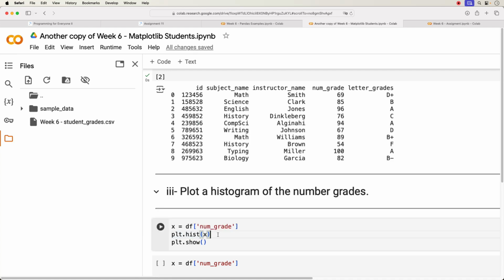Histogram expects some arguments, but the minimum is that it needs data, and my data is x, which I just defined up here. And then once you have built your histogram, then you have to call the show method of your pyplot, and that will display the actual chart or plot that you're trying to display. So if I run this,